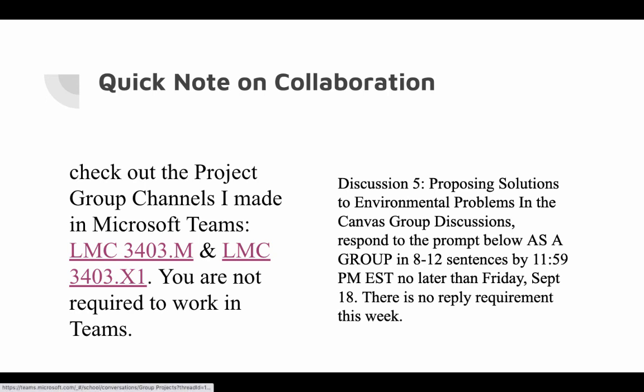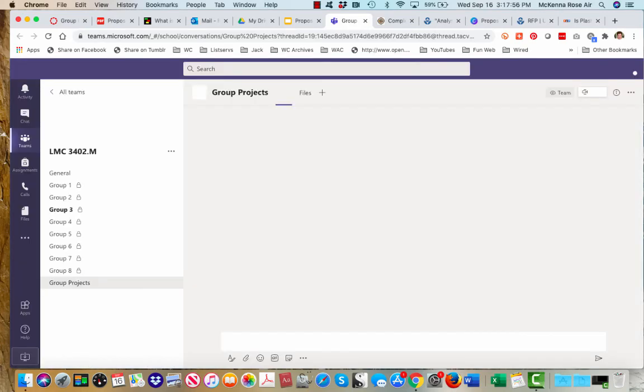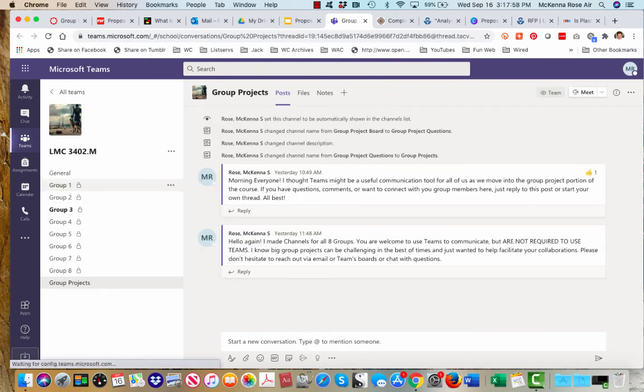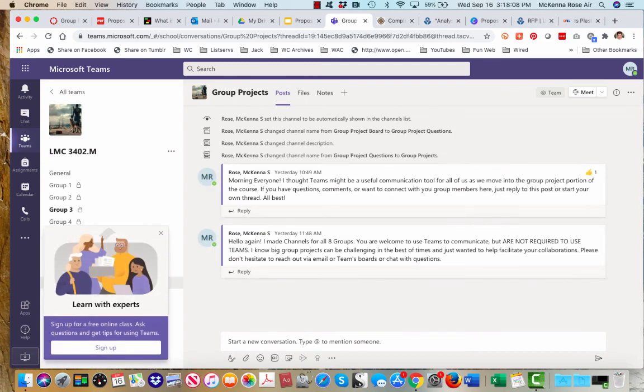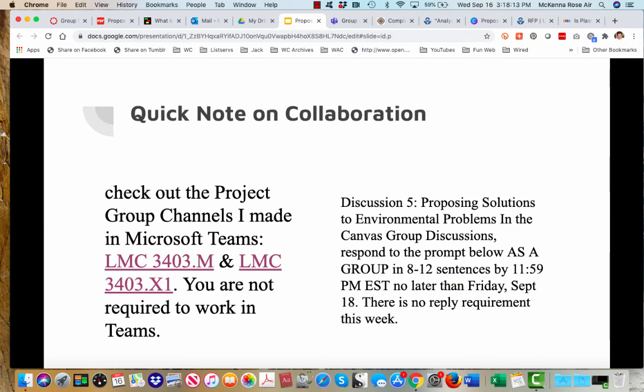If you click here, it'll take you to 3403. Let me just see what those look like. You are welcome to use whatever communication software you would like, but if this makes it easier for you, that's fine. Go ahead and use it all term. And here's a group project thread that I will leave open if you have any questions.